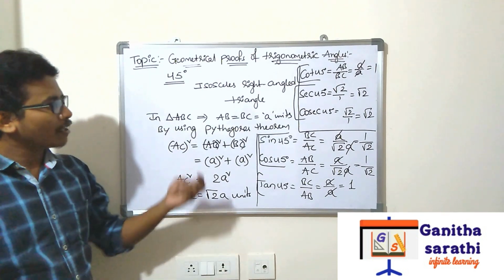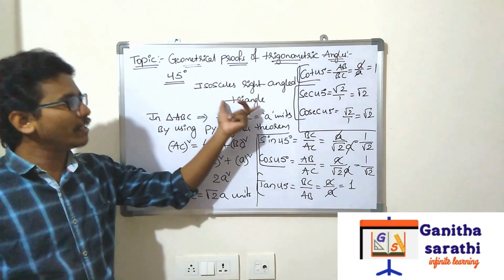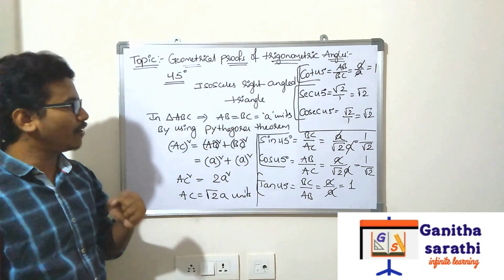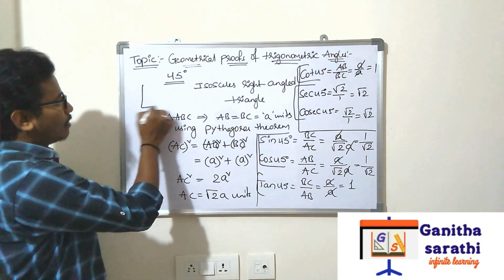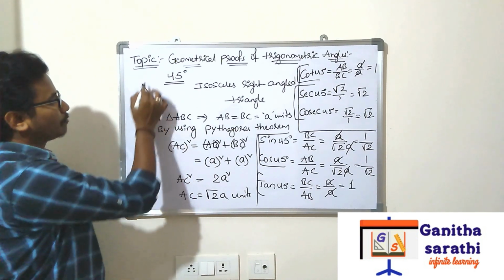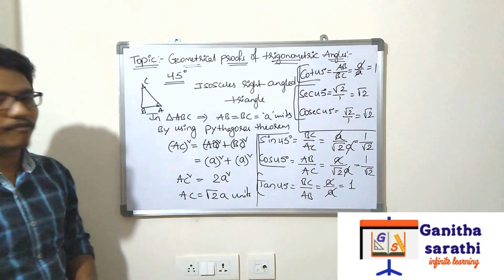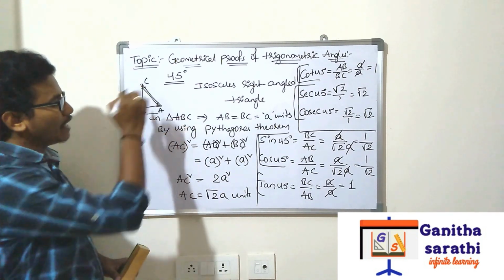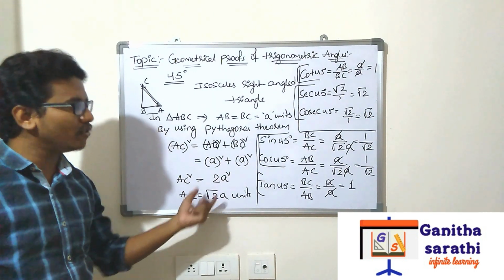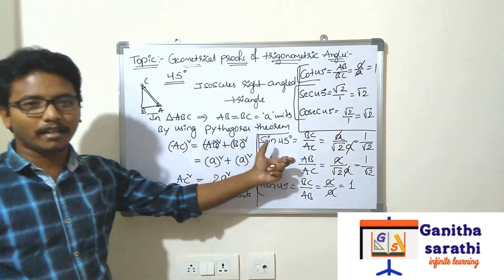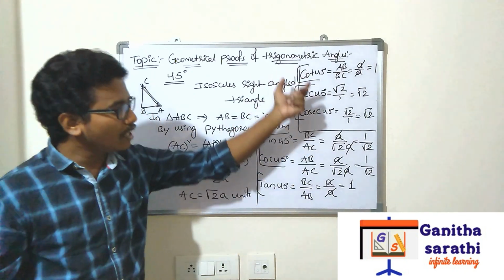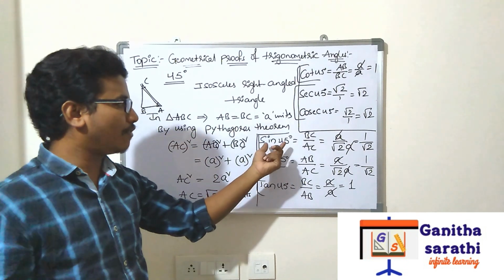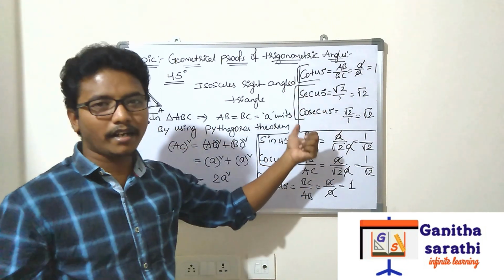Let me explain once again. First, what you have to take? Isosceles right angle triangle. Isosceles means two sides should be equal. In the same way, angles will also be equal. Angle A and angle C are 45 degrees. So, here we are finding the value of AC. AC is the hypotenuse. We got the AC value. For finding sin 45, we use the sin theta formula, cos theta formula, tan theta. Likewise, we are substituting each and every one. Now, the geometrical proof is proved for sin, cos, tan, cot, secant and cosecant.